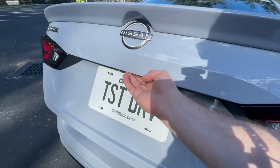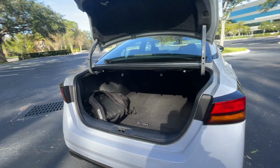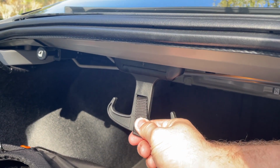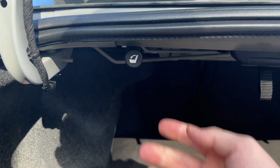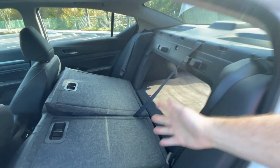In terms of trunk space, the Altima offers 15.4 cubic feet, which is just a little bit bigger than the Toyota Camry. We've got some nice features back here, including these cargo hooks that kind of spring load down from the trunk. I think those are very useful if you're bringing in groceries, and it's really easy to fold the rear seats. You just pull these tabs, and then the rear seats drop down,